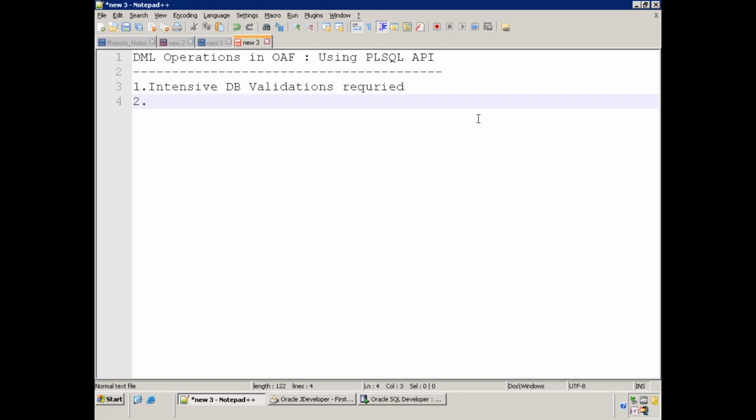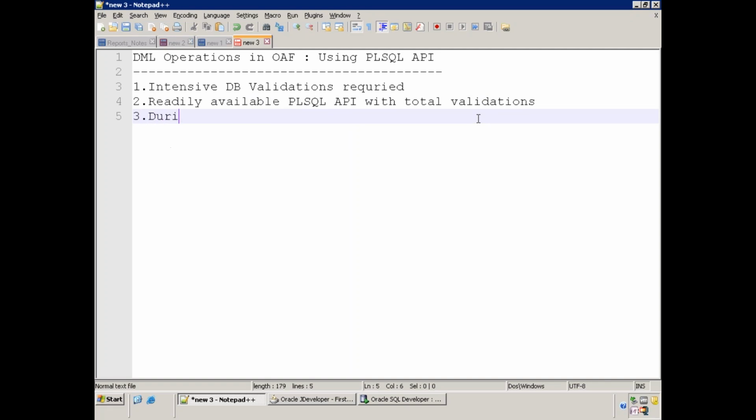Or maybe, let us say, a readily available PL/SQL API with total validations. Let us say you already have PL/SQL validations which are implemented ready-made, and you just need to call them rather than performing your own logic. In those scenarios, we try to use the PL/SQL logic.